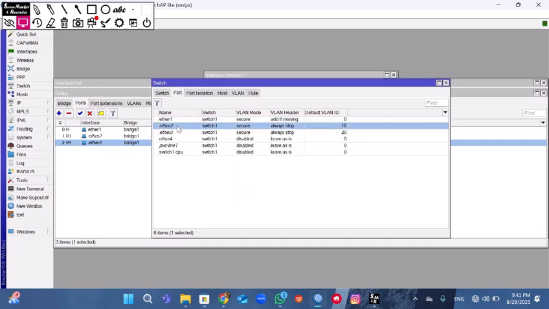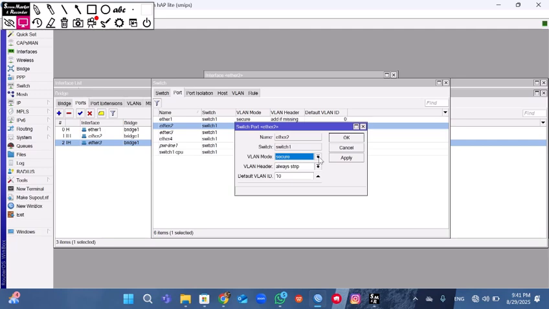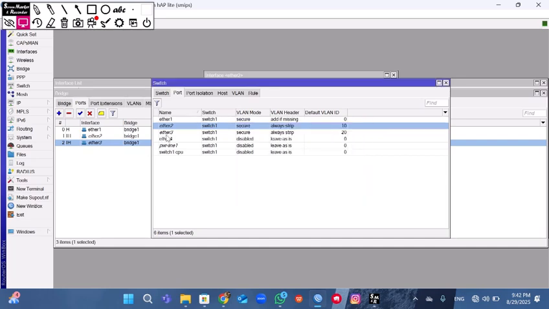For Ether 2, you click secure, and always do not add if missing. Add if missing is just for Ether 1, because Ether 1 is the trunk for trunking Ether 3 and Ether 4.